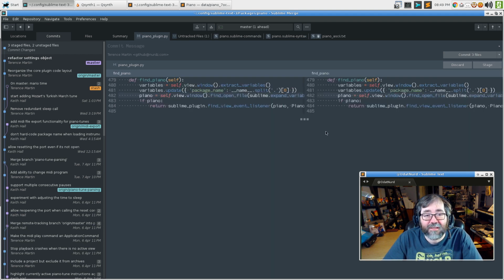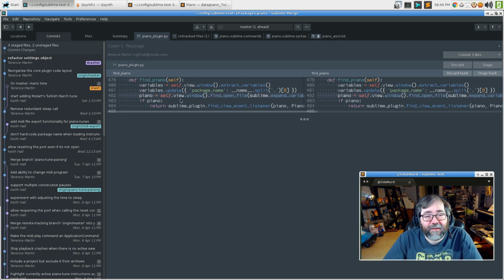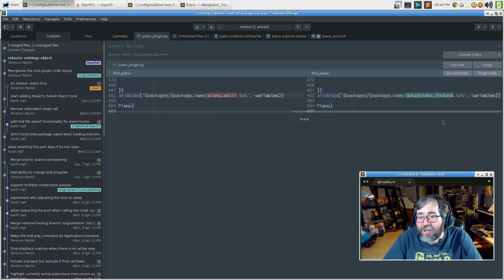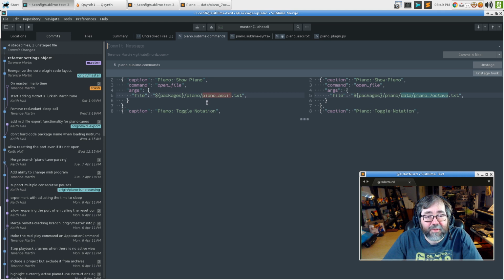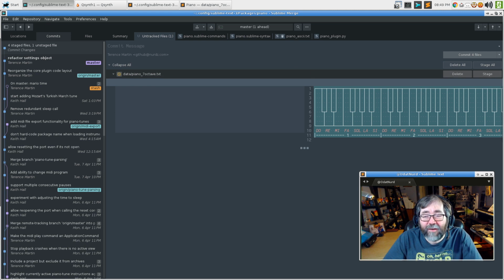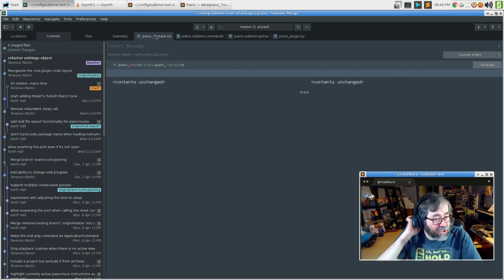So let's go ahead and stage that deletion. In the plugin code here, we're expanding variables to expand the packages and package name folder. Oh, sorry, it updated variables with the name of the actual package so that it can throw it into data piano 7 octave. That sounds like something we did. Piano becomes piano data 7 octave. That is that thing. And there's one untracked file, which is this one. And if we were to stage that, then we might notice that this is actually an unchanged content of a file whose name very slightly changed. So with that the case,